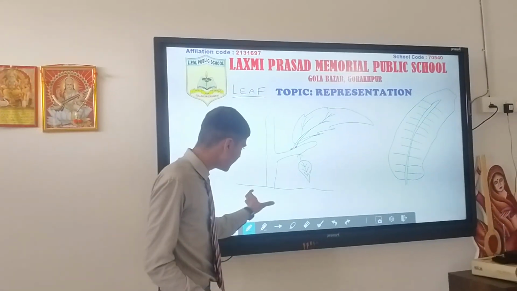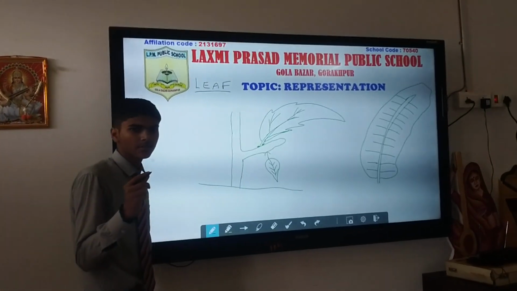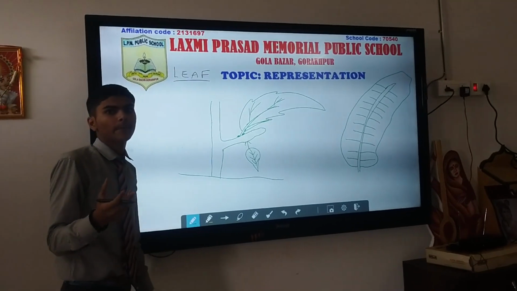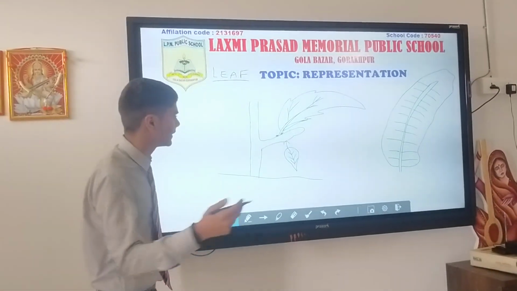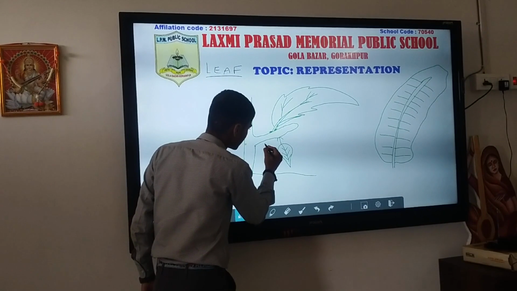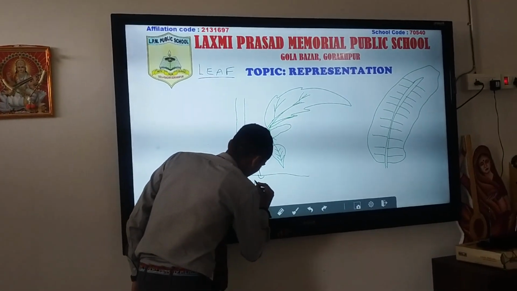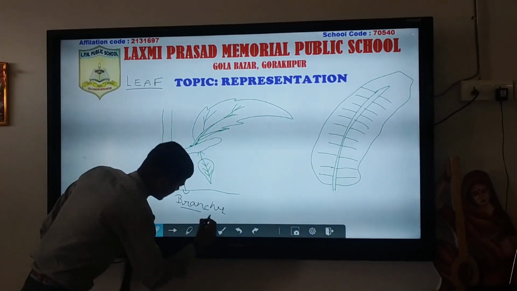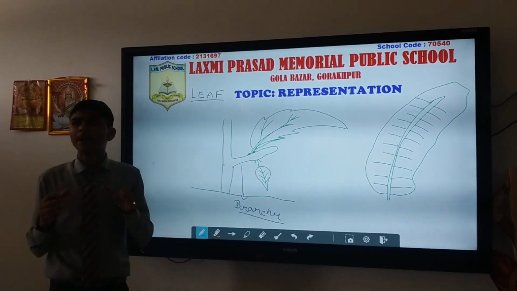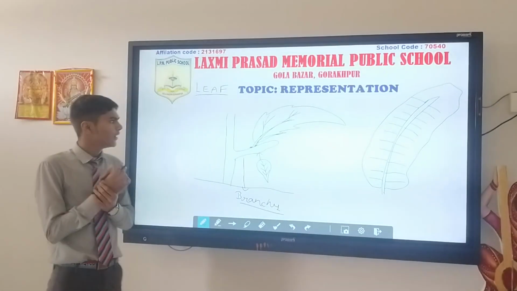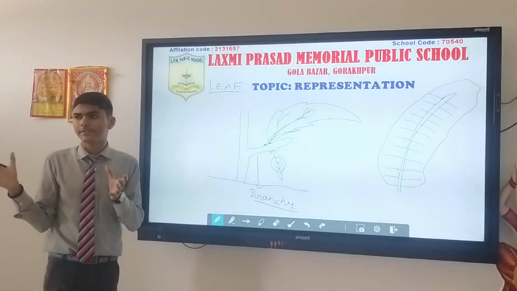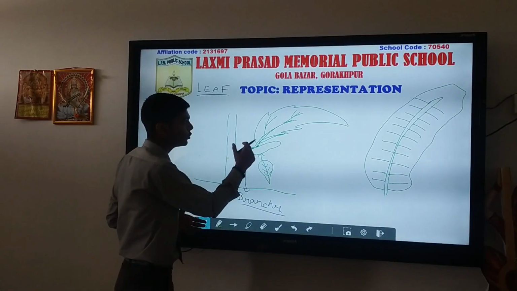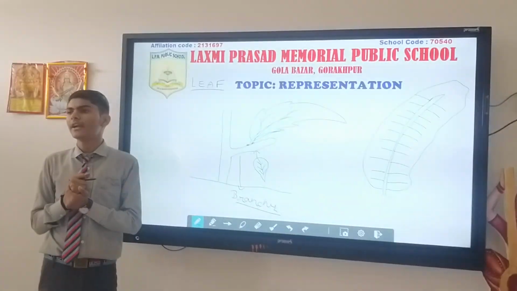So starting from the base, the seed which bears the plumule part, the stem grows up towards the sun with light, and then the stem bears the branches. This is your branches, and branches are also the lateral part of the plants. What is the meaning of lateral? Lateral basically means sideways. Leaves are also known as the lateral and flattened part.